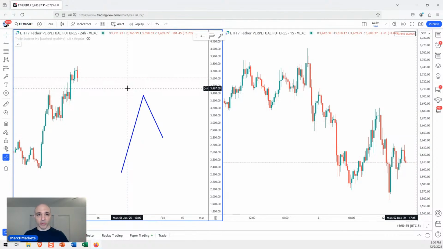So it's like this. You have two patterns to trade with the Trade Scanner Pro. This is what we're getting to: the trend following pattern or the counter trend pattern. It's one or the other, and you decide which one based on your own personal preferences. You don't have to do any type of research to figure this out. That's the goal.